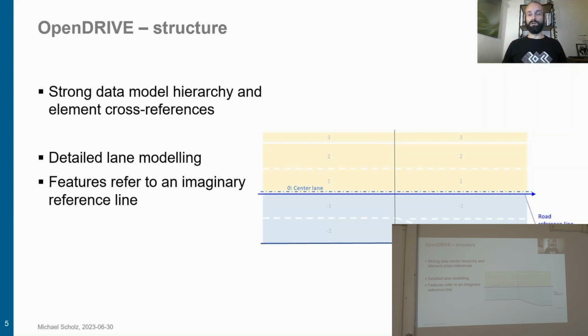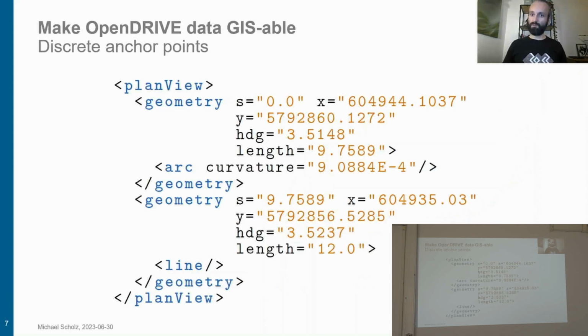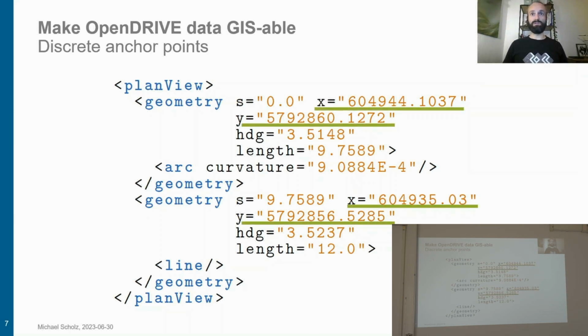So the course of the reference line is the main element describing the course of the road, and it can be built from different parts, such as line snippets, spirals, and also complex cubic polynomials describing the road topography. And this ensures that we have a continuous geometry definition, which is very important for driving simulation and traffic simulation applications. When looking at the geometry, we can see that each geometric element of the reference line has discrete anchor